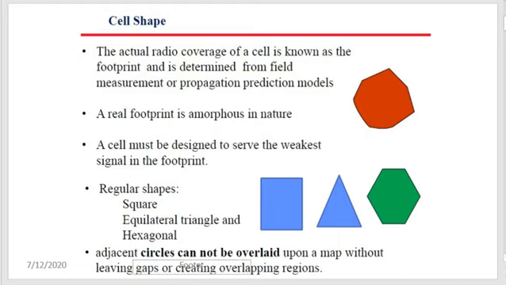So, first of all, whenever you see any cellular mobile communication book, you will find the shape of a cell site is hexagonal. The question is why hexagonal has been taken. Why not square? Why not triangle? The reality is the cell site cannot be a circular shape, because whenever we draw a circle and try to connect three circles together, there will be a gap in between. See here.